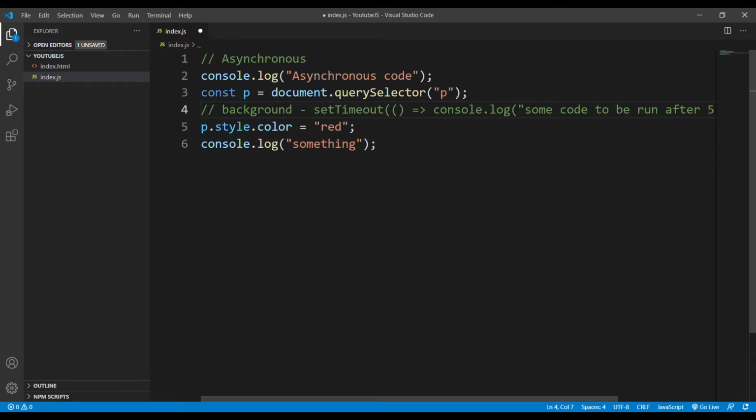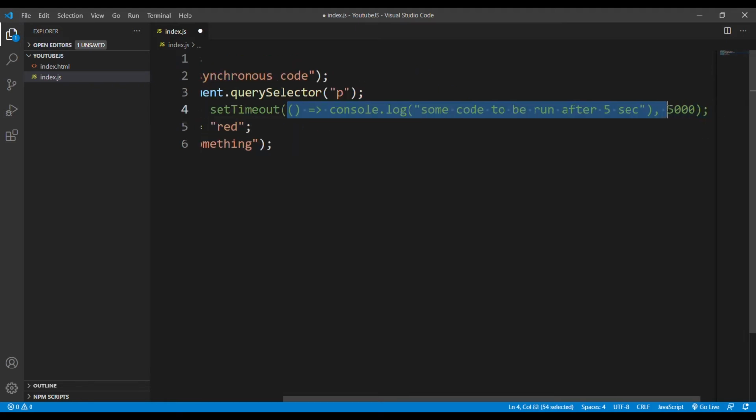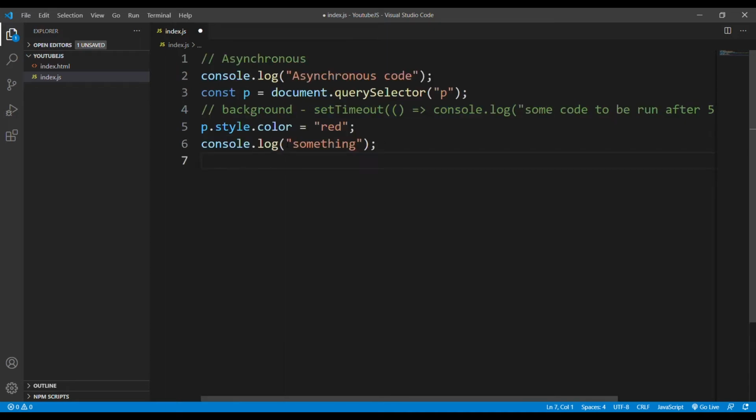Like after this line, as soon as the callback is registered, it just goes to this next line and 6th line. So as soon as 5 seconds are over, this callback will be triggered, and it will run after executing this code. So the callback from here will run after completing 5 seconds.